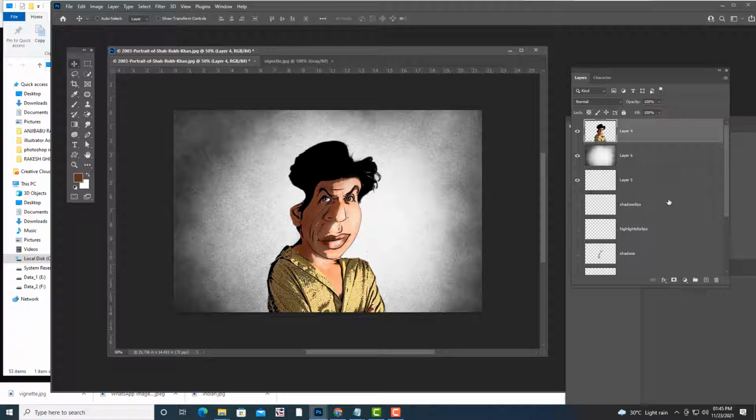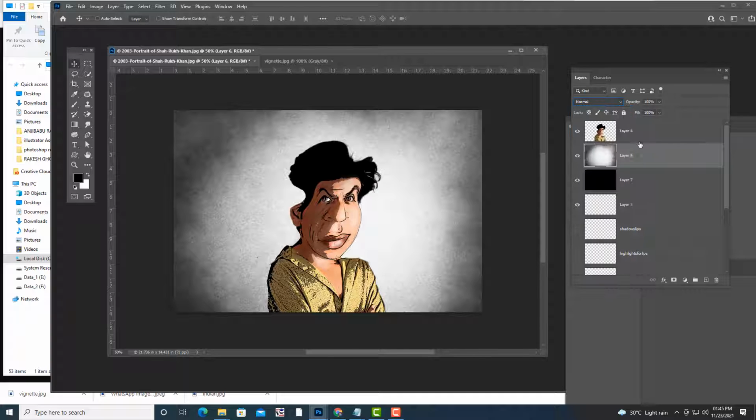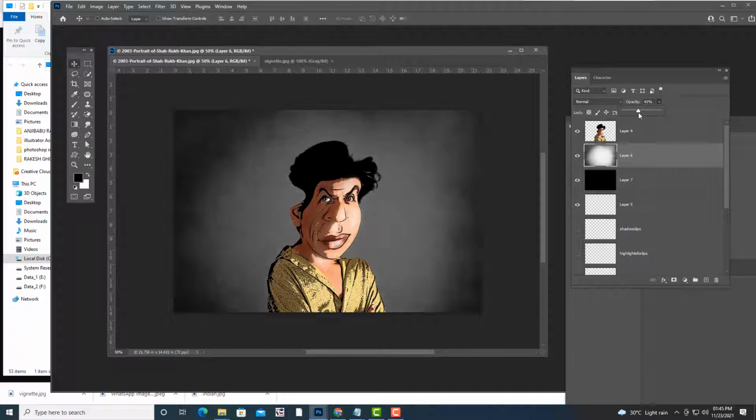Okay, to make it more interesting, I will create one more background here. Keep it below this. I will use black color. Okay, and we can use actually a multiply, or we can keep it normal, and then we'll reduce it.